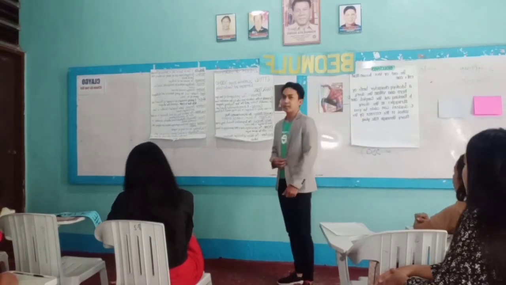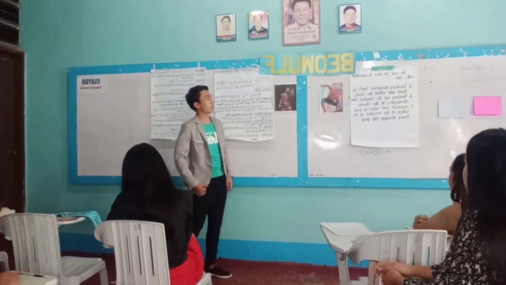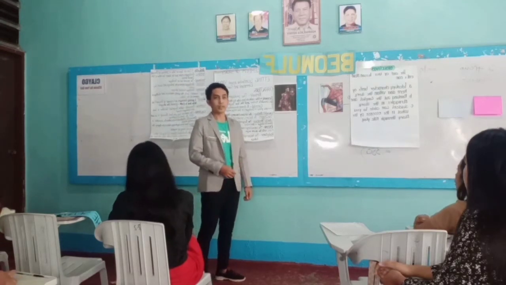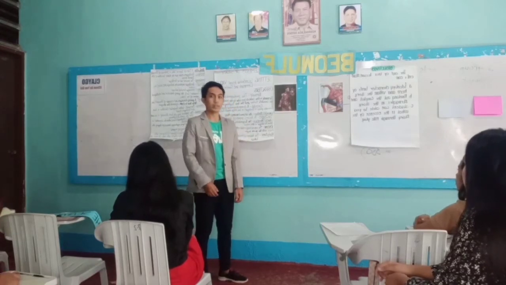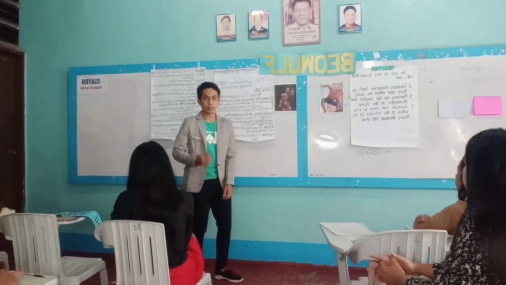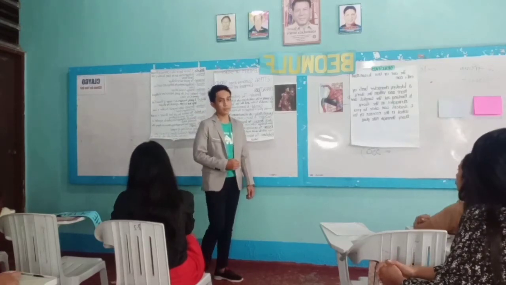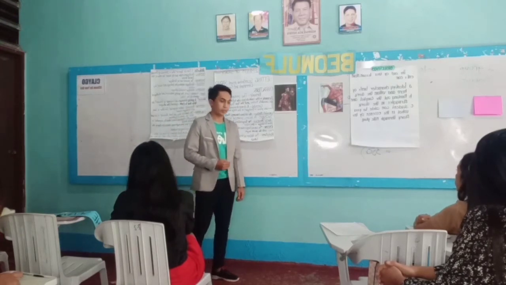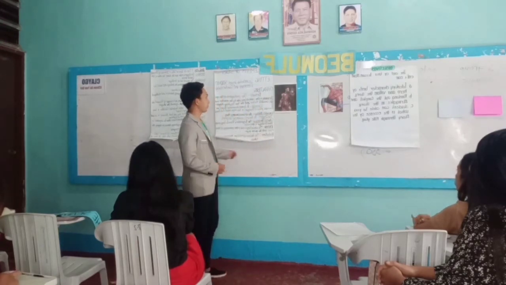My topic is all about the point of view in the heroic poem of Beowulf. The point of view there is the third person, because the narrator of Beowulf is an omniscient narrator. He is all-knowing; he knows what happened in the story. He knows the internal thoughts and feelings of all the characters in the story. So let's proceed to the theme.